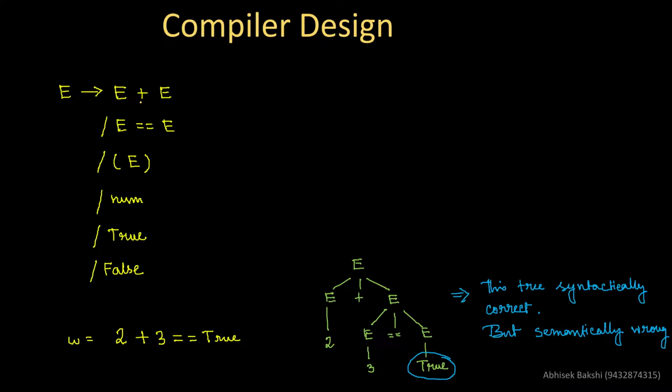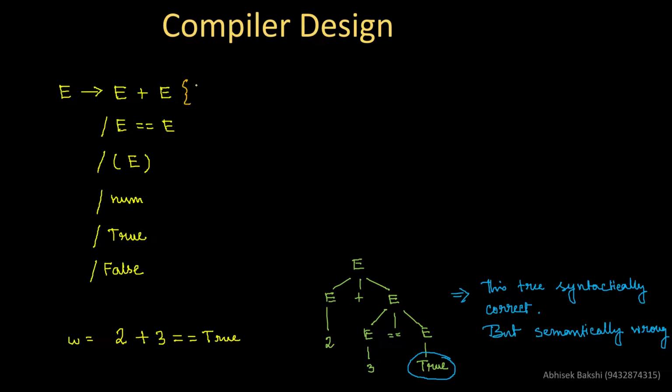So what should I check? Whether their data type is same or not. If their data type is same, then I have to check whether their data type is integer or not, because same data type is not the only requirement, they have to be integer. You cannot have an addition between true and true or true and false. You cannot have a numerical addition, it's not possible. So if both criteria pass, then only I can say that the data type of this E should be an integer. Otherwise, I should get an error. The whole thing, how can I express? Let's write it.